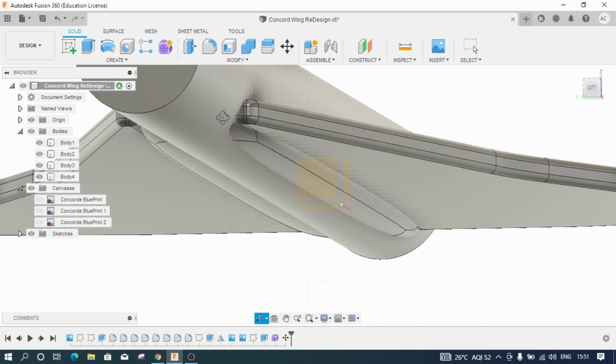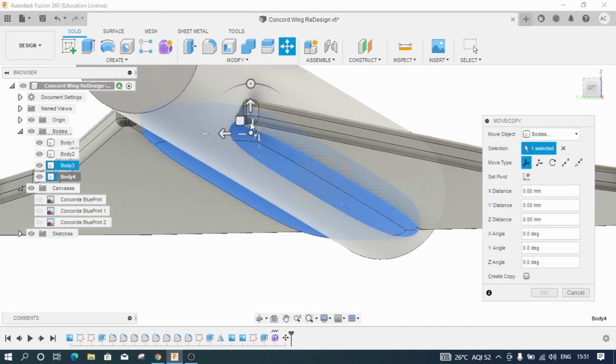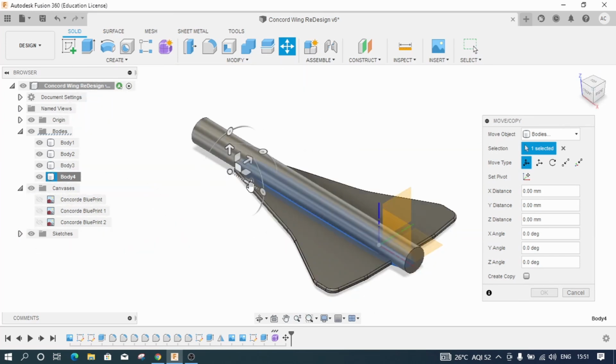We need to extend this belly a little bit towards the front. So I'll hit escape, click on this body 4, give it a right click, click on move, go to the home view and extend it or move it slightly forward.